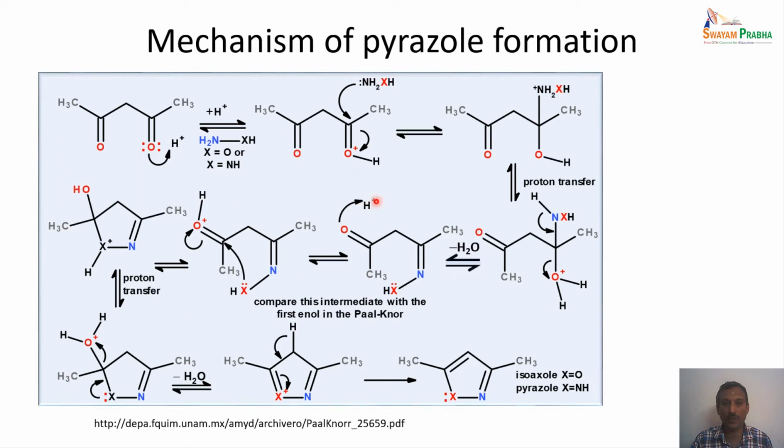So it will abstract the proton first, and once it is there, now there is no external nitrogen that is coming and attacking this electrophilic carbon. The internal atom that is having the lone pair of electrons. So if it is pyrazole we want to synthesize, we will be using hydrazine here. So this is the nitrogen. So the lone pair of electrons from the nitrogen attacks this electrophilic carbon, and this is the crucial step which